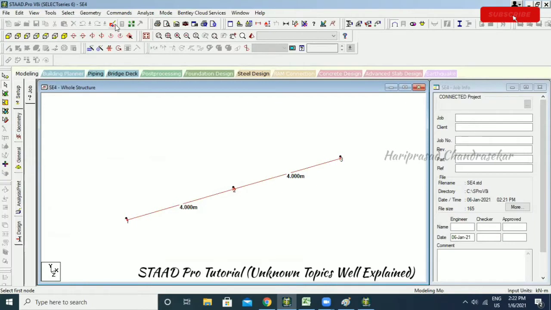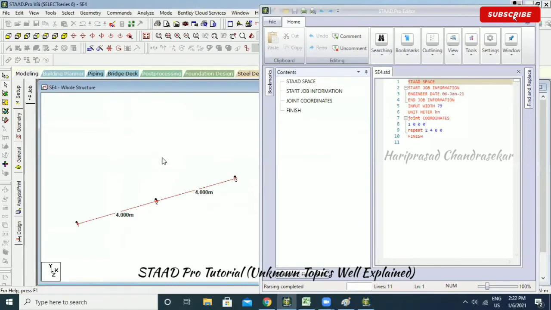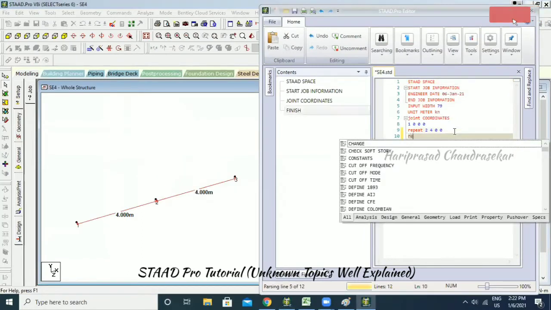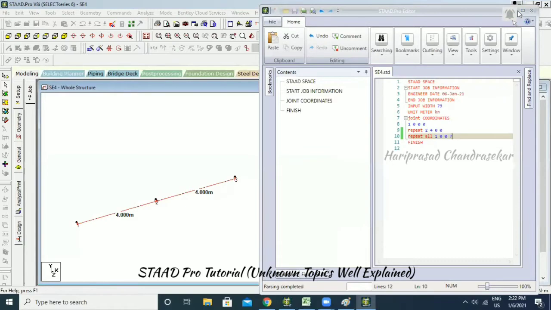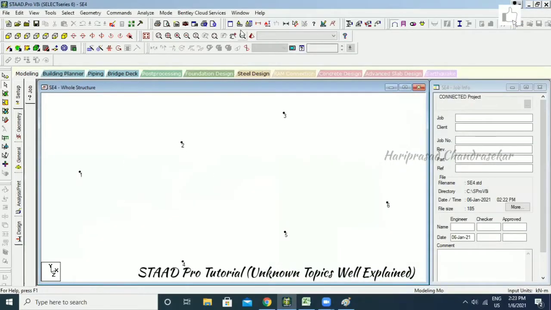Okay. Now again, I'm going to the star editor from here. This icon is for the star editor. It's already open. So now we will consider building our structure. Again, I'm going for the repeat all command. There is another command, repeat, and then repeat all. In this, I'm going to put only 1. And then I'm going to have a value in Z. How much? 10 I'm going to put. Otherwise, I can go for 7. 7 meter in Z direction, only 1 I need. So I need to save it and then close it. Can you see, we are getting a distance of 7 meter. So we got all those nodes again here. So we have the repeat command and also the repeat all command.